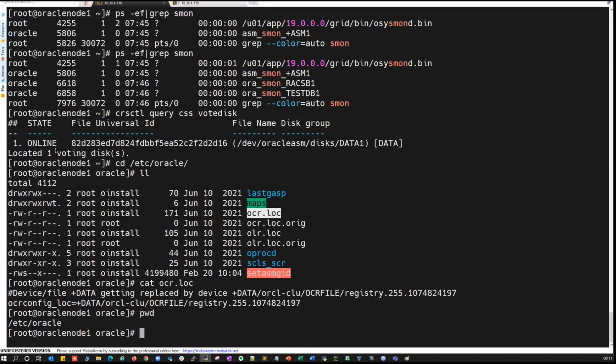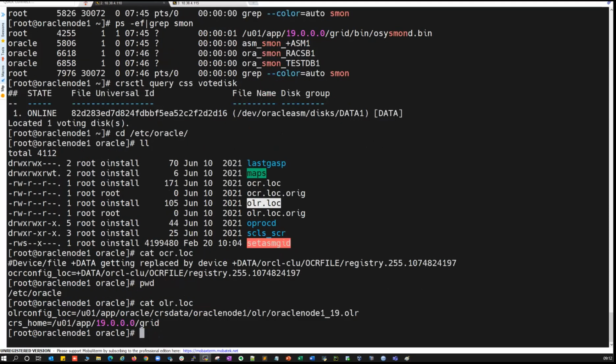I can explain that. There are so many ways you can check that. One is the olsnodes command, and you can get the master; that is one of the commands you can use to verify. I'll show you that in a minute. One is that one, where you can check the OCR file location, and the other one is your OLR, your local registry. So your local registry will be inside your